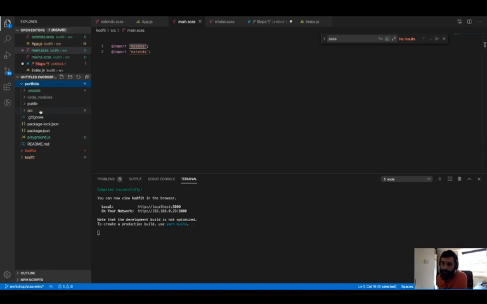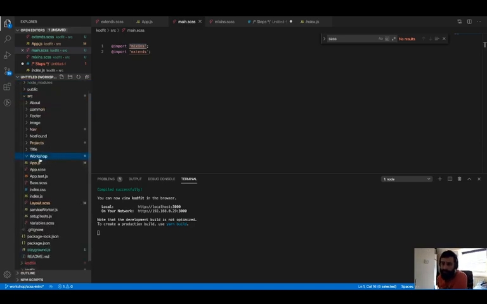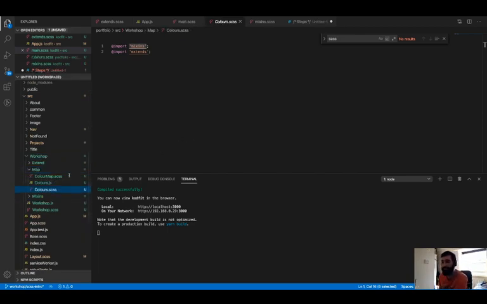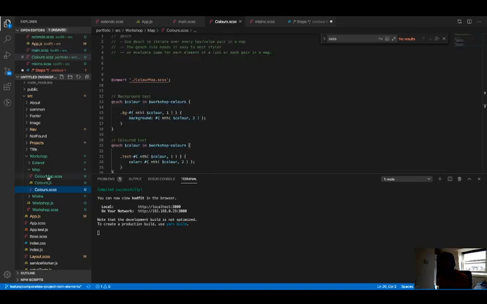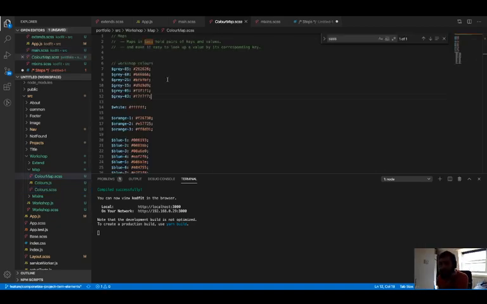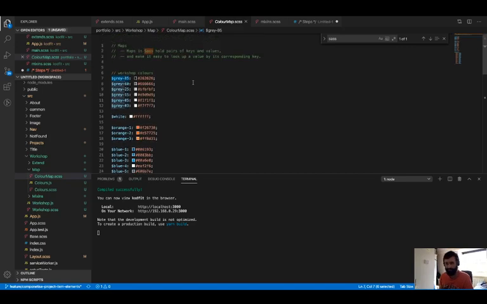Part of my portfolio, I decided to do something that I could share with you in terms of variables and maps. Like I said earlier, you can create variables. To create variables, you need a $ sign, the name of the variable, and whatever the value is. That can be a color, it can be a media query, something you will end up reusing in your application. But SCSS can also let you create maps,